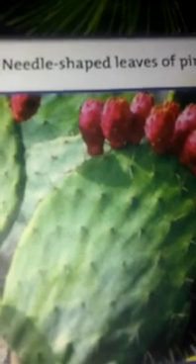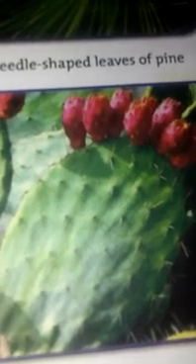We will go with plants in deserts. See here, you can see plants in deserts. Due to dry and hot conditions and little rainfall, to prevent the loss of water through stomata, the desert plants have spines instead of leaves. Example, cactus, palm, brittle bush, babul, acacia. These are the desert plants.